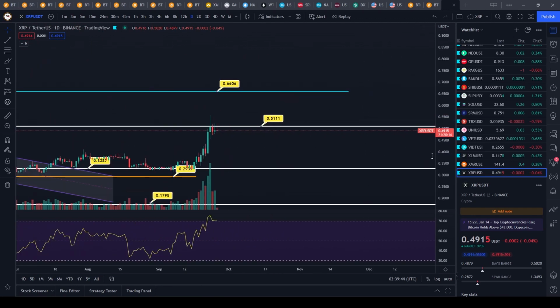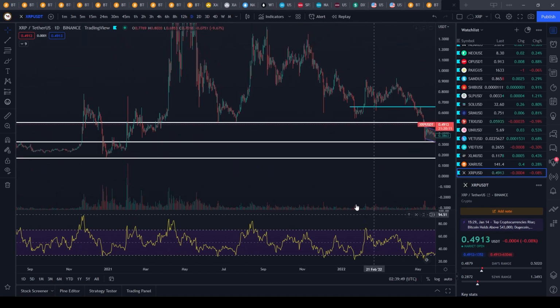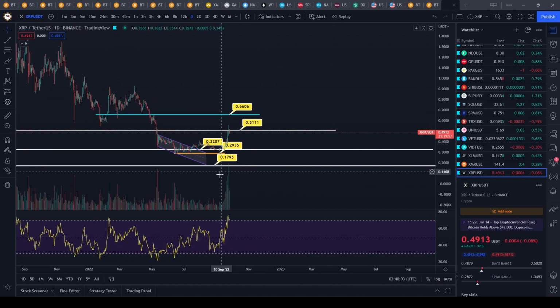and place your trade in advance as well. So you can see that 51 cents was clearly a heavy area of resistance, as you can see right here. You have these previous pivot highs and these two pivot lows right here, ultimately running into some resistance right there. But if we do push a little bit higher, I still see some resistance coming in around 56 cents to 66 cents. So I don't think XRP is going to go